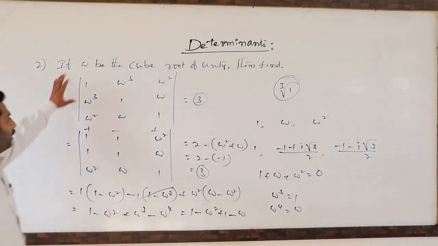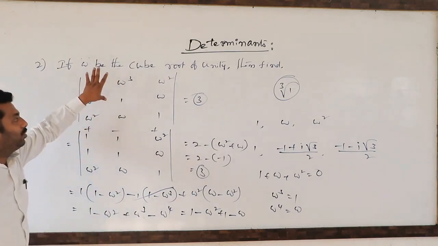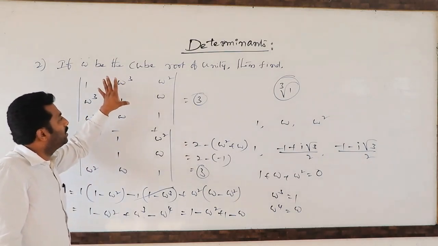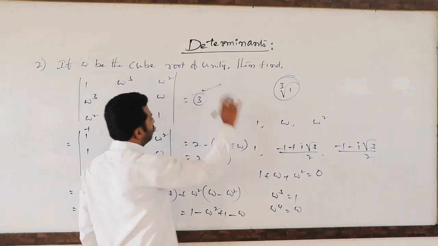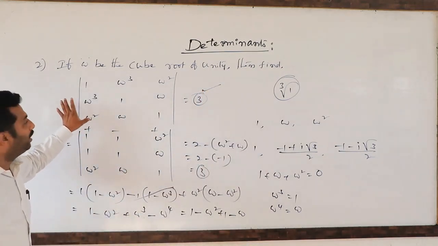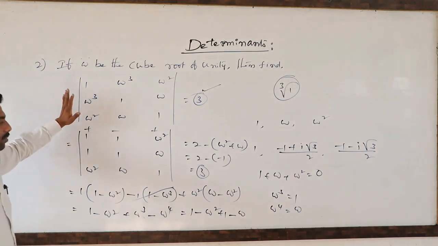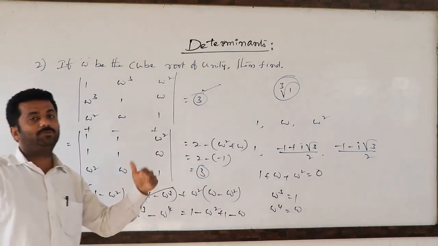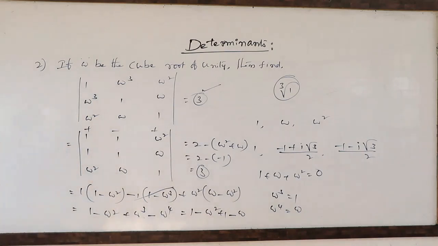I told you that not all determinants are sometimes 0; this is one such determinant. It cannot be 0, so its value will be 3. This is one of the NDA questions you have to identify. In CET level or NDA level, they will ask these types of questions. Along with theory, we are going up to CET level so that you understand the questions. Next.